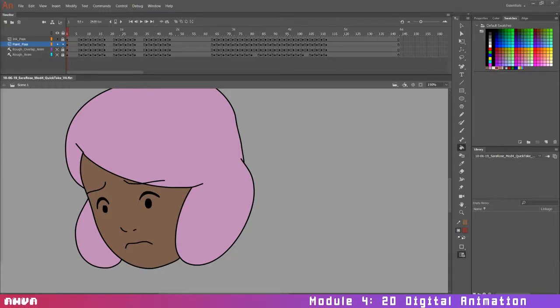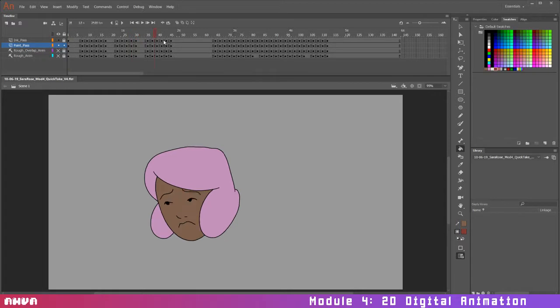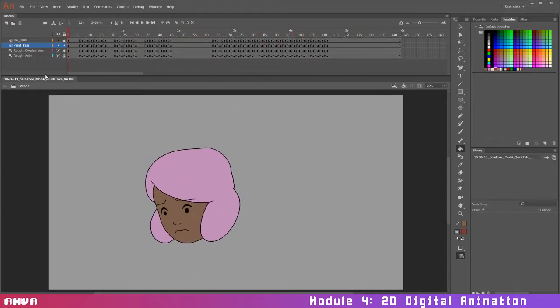Okay, welcome back. So at this point you have your color pass done, your paint pass, correct? If your paint pass is not done, make sure it becomes done before moving on here. So here's mine. Now the other thing we want to do is have this loop several